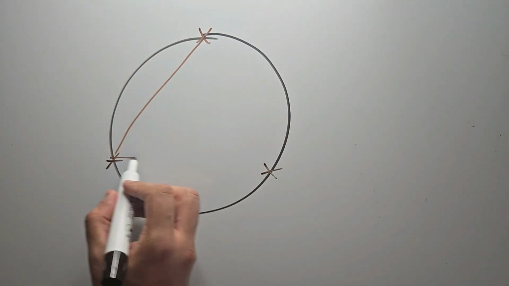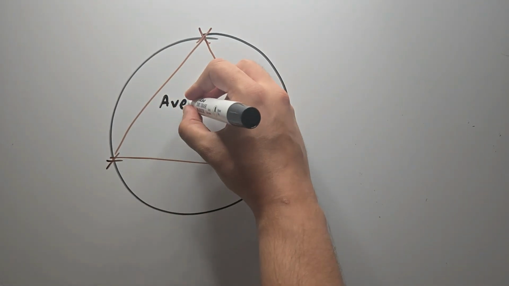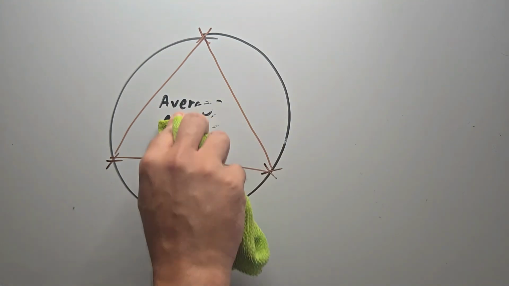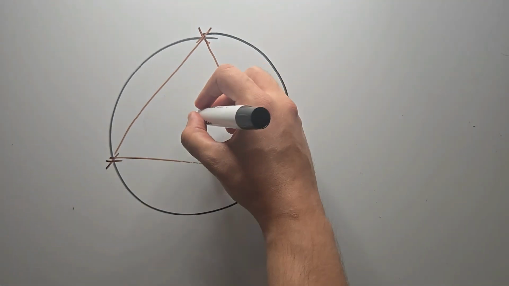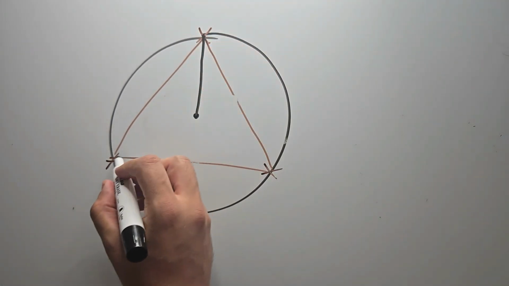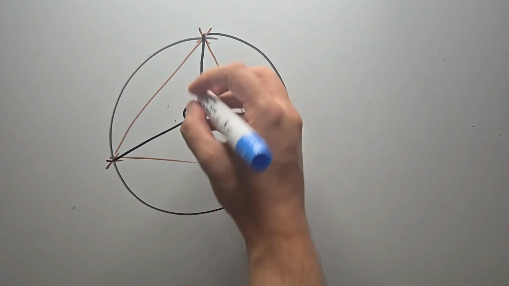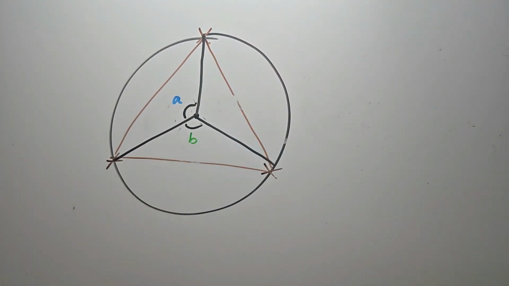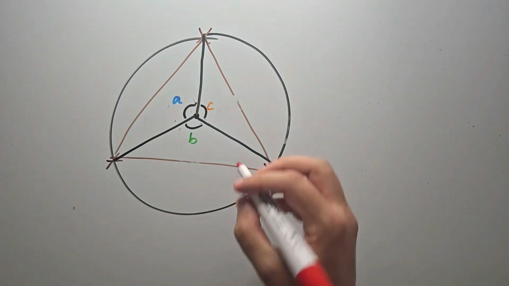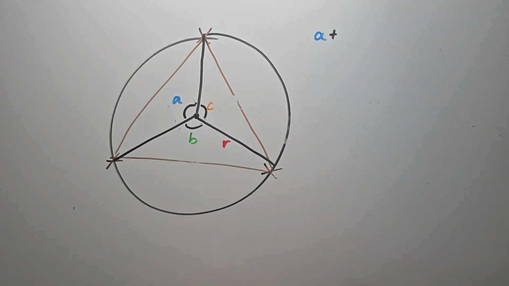Now we can tackle the problem from the start, which was what is the average area of a triangle inscribed in a circle? We'll start by connecting each vertex of the triangle to the centre of the circle, splitting our triangle into 3 smaller triangles. We'll label each of these angles A, B and C, and we'll label the radius r. Note that the sum of the angles A, B and C is 2 pi radians, and that all of these